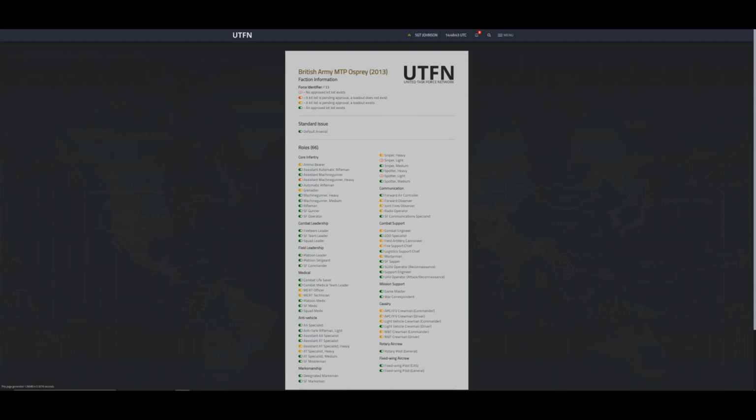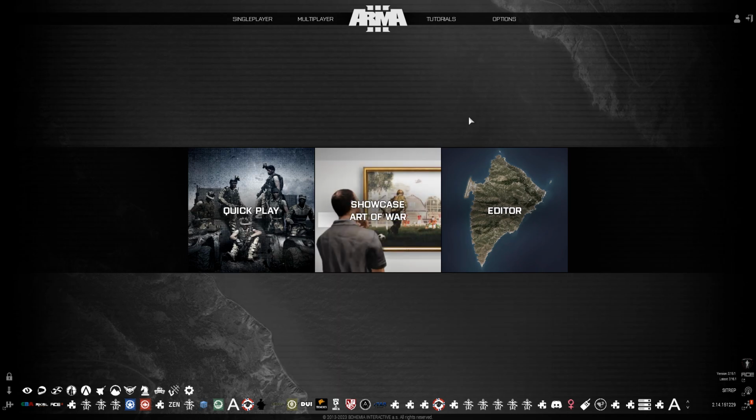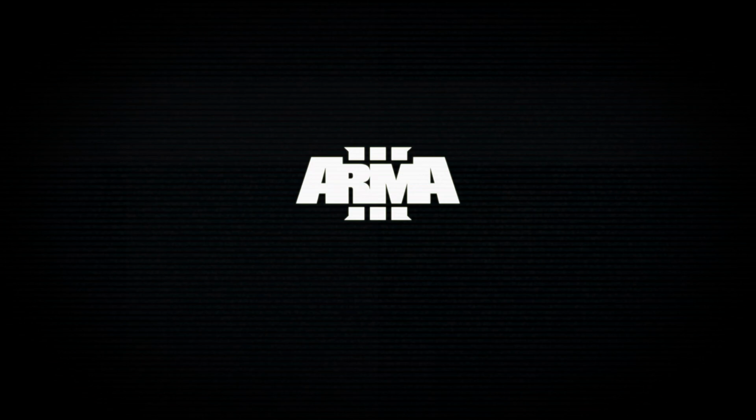So let's go back to the EOD specialist loadout at the top, and we'll do what I was mentioning about the import to clipboard. We've clicked import to clipboard, now we've copied it. You then boot ARMA with the mod set for Fulcrum, which I've already done, and if we jump into ARMA now, we're going to go into the ACE Arsenal, just up the top here. We're not going to go into the virtual arsenal, the vanilla arsenal. We're going to go into ACE Arsenal. So if we boot ACE Arsenal just like this,